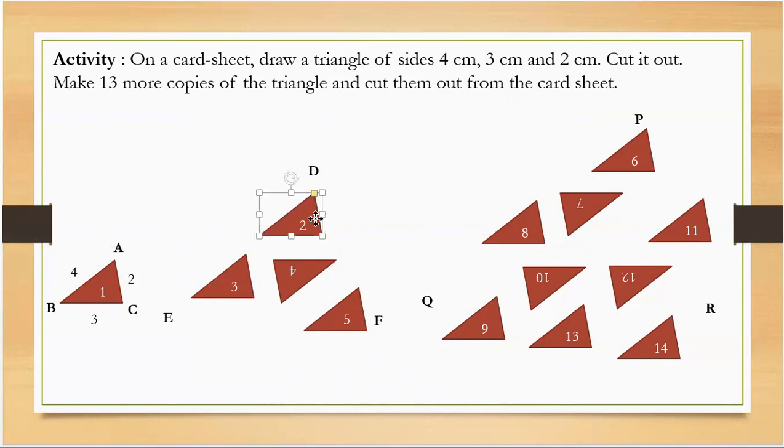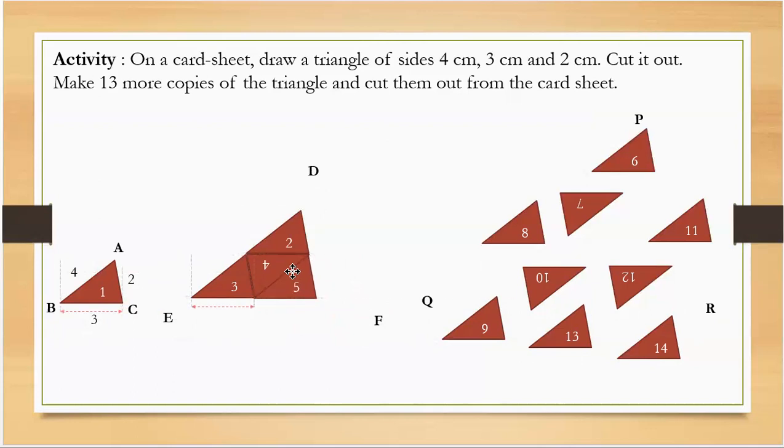Now see what I'm doing. Here I'm arranging the two triangles like this into a bigger triangle. Have you solved a puzzle? That way you're going to do it. See how I'm arranging. This triangle I have tilted, and now I'm fitting it between these two triangles like a puzzle, perfectly. Now I am joining this triangle also. So by using 4 triangles, I have made a bigger triangle. There were many copies of the small triangle, but I used 4 of the copies and made a slightly bigger triangle like a puzzle.